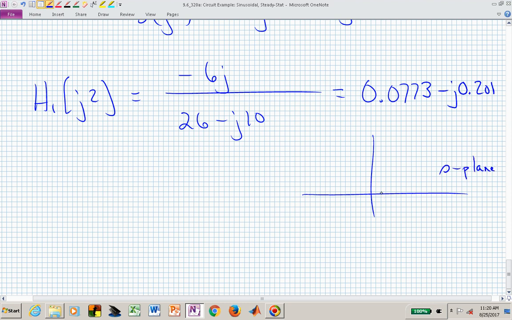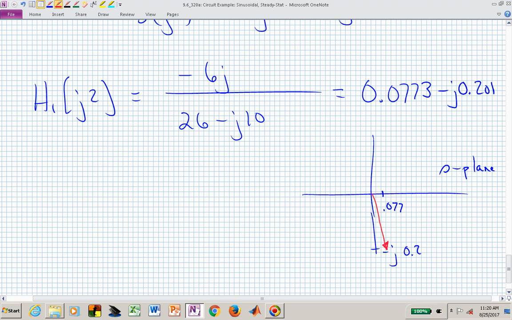It's somewhere over here at 0.077, and it has an imaginary part of minus j0.2. So in terms of a complex number, you could think of it as this magnitude, the hypotenuse